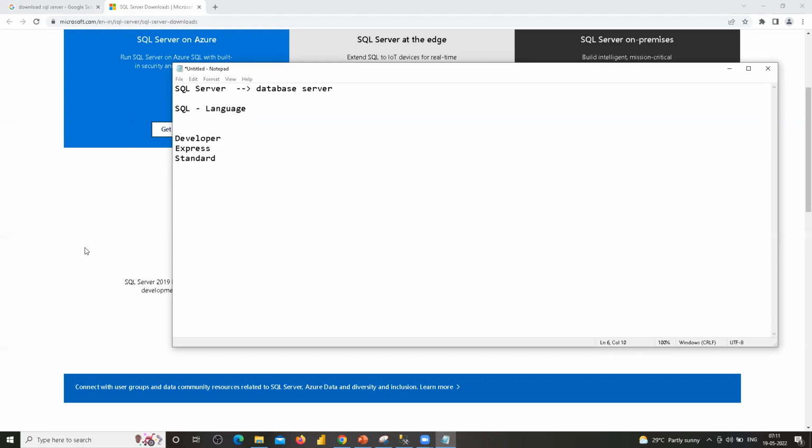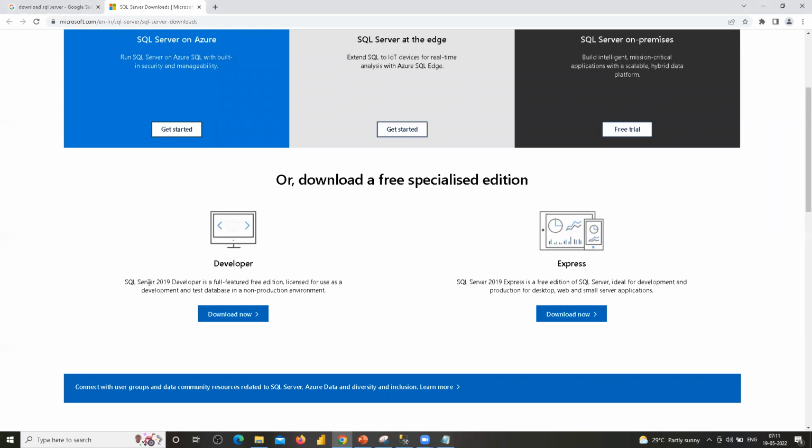The developer version is available here. You can see that SQL Server developer is a full-featured free edition, licensed for use as a development and test database in a non-production environment. During development time, you can use this developer version. But if you are going to deploy your database into your production environment, the live environment,